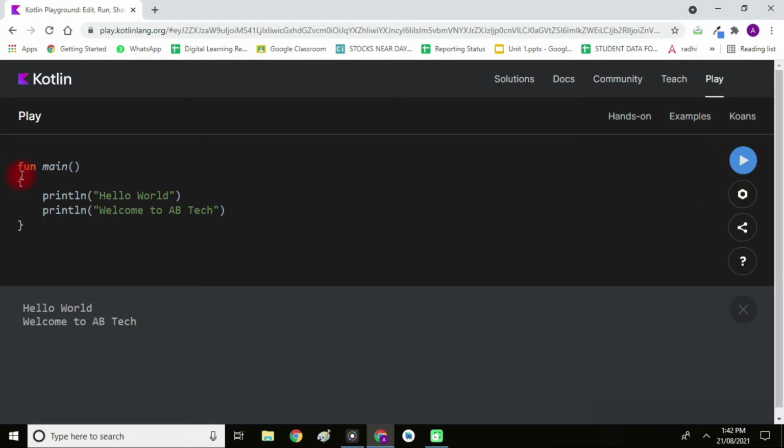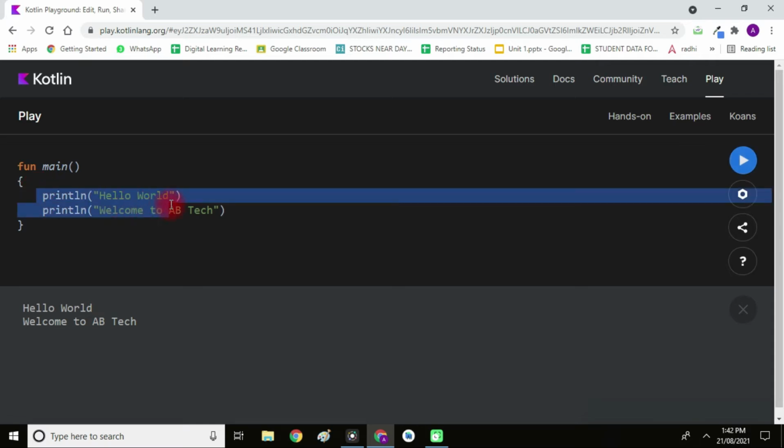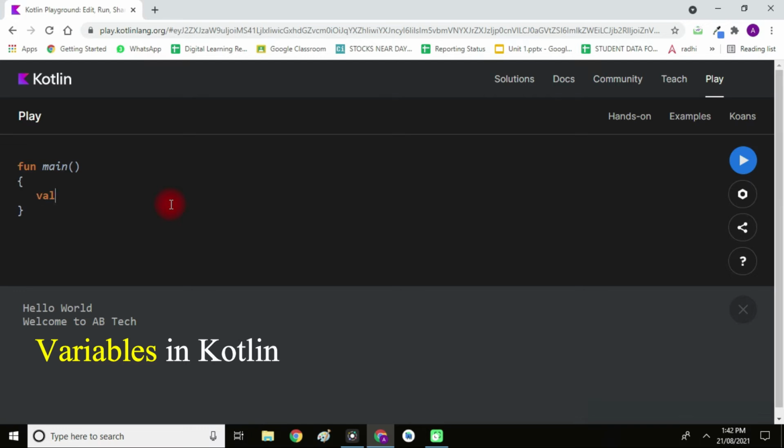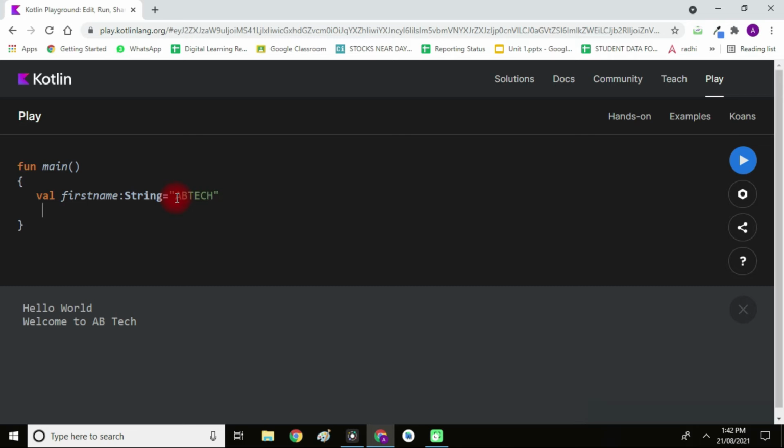Now let's discuss variables. As you all know, a variable is a key part of any programming language. So how to declare a variable, that we are going to see. If you want to declare a variable, you just have to use the val keyword. Then you have to use the variable name. So let's say I am giving the name first name. This is my variable name, and then I will write a colon, and after that I will write the data type. Here I am writing String because I want to print a string. So here I will write, let's say, ABTech. This is my string. So here the variable name is first name, the data type is String, and I am writing the value ABTech. If I want to print the value, I will use the println function and write first name. So it will print my string.